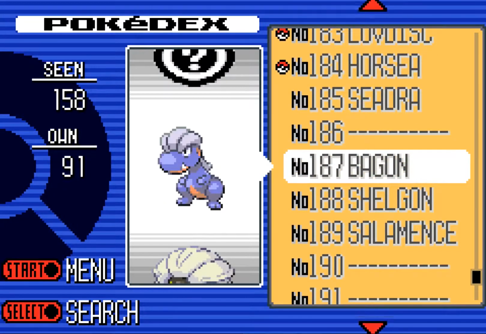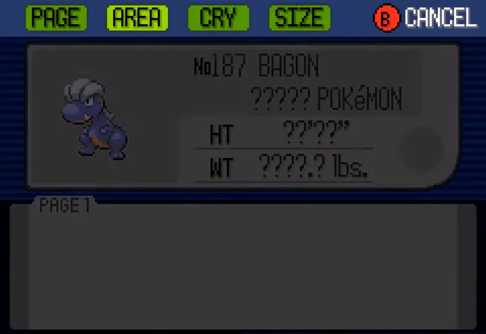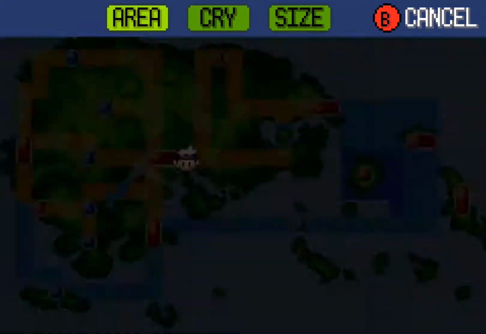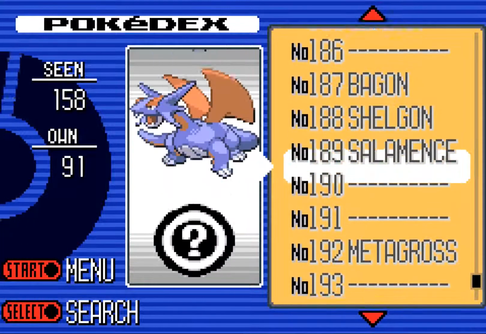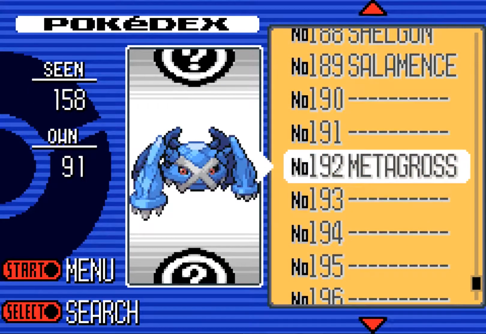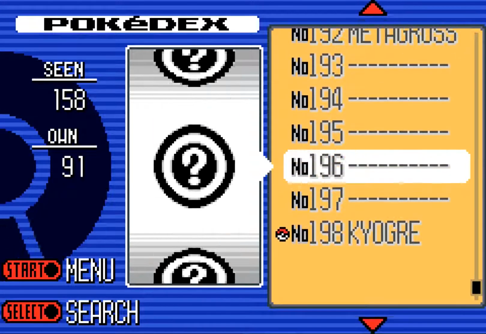Bagon, can we catch you? That's not going to tell me anything, is it? Area, okay, so we should be able to catch them in Meteor Falls, it seems. So I need to have a look there. But we have Bagon, and then we have Beldum, to get into Metagross. And then I think after Metagross, I think we get into the